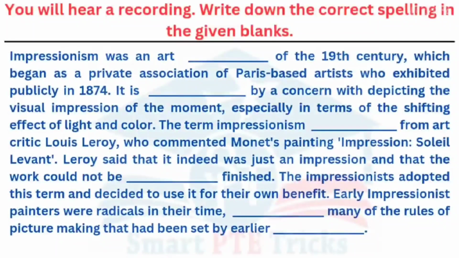Impressionism was an art movement of the 19th century, which began as a private association of Paris-based artists who exhibited publicly in 1874. It is characterized by a concern with depicting the visual impression of the moment, especially in terms of the shifting effect of light and color. The term Impressionism originated from art critic Louis Leroy, who commented on Monet's painting, Impression, Soleil Levant. Leroy said that it indeed was just an impression and that the work could not